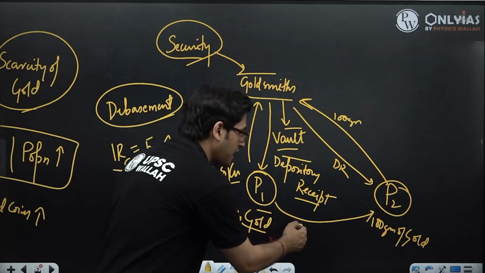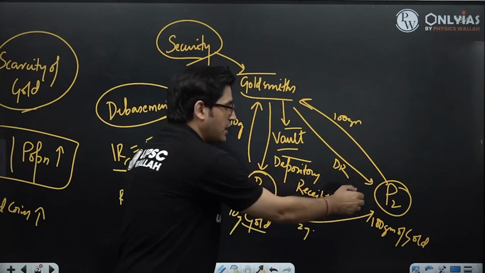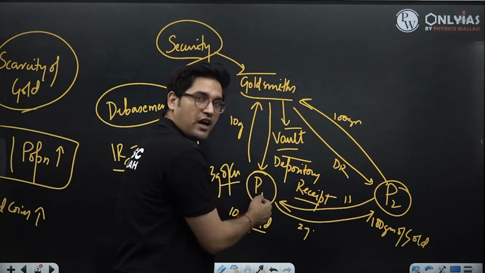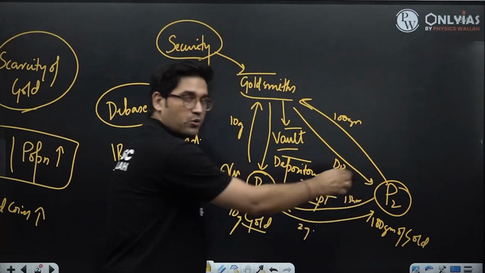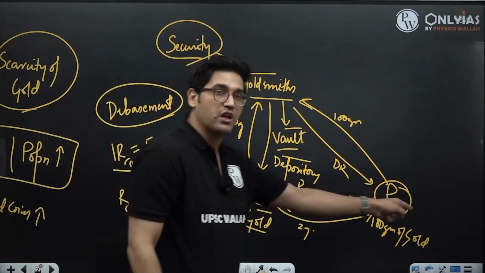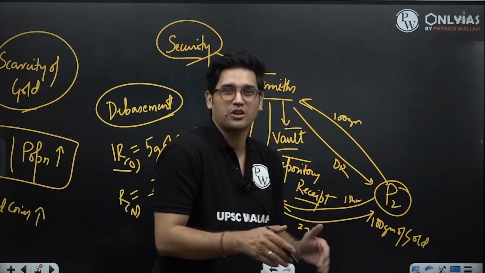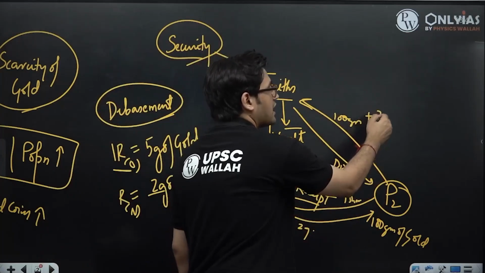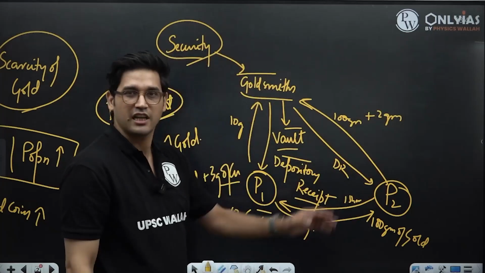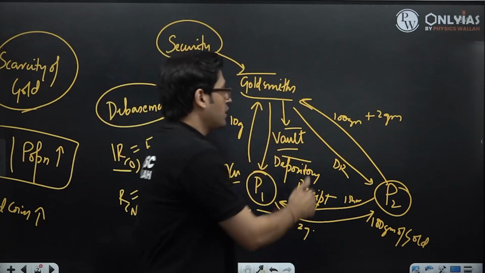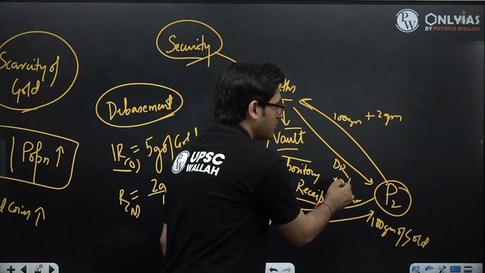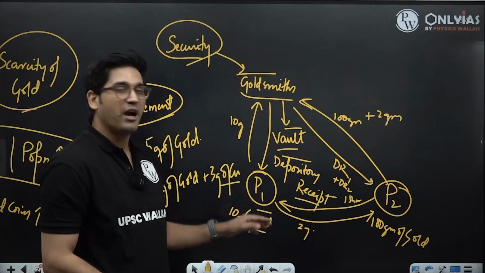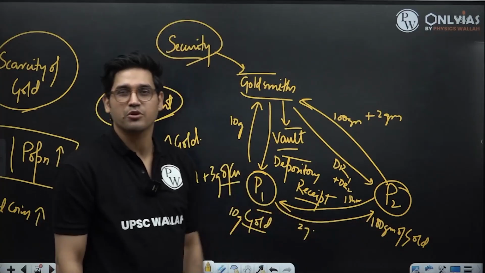Now this person takes the 2 grams of gold to person 2 and in exchange for the 2 grams of gold, he's going to get 1 shoe. He's a shoemaker and he's a farmer. He gets 1 shoe in exchange for 2 grams of gold. Now the 2 grams of gold are with person 2. He does not want to keep this gold on him. So he's going to go to the goldsmith and give him 2 more grams of gold, saying, keep it safe for me. And the goldsmith is going to issue him another deposit receipt which says, yes, you have deposited 2 more grams of gold with me. Now imagine, this is a highly inconvenient process.